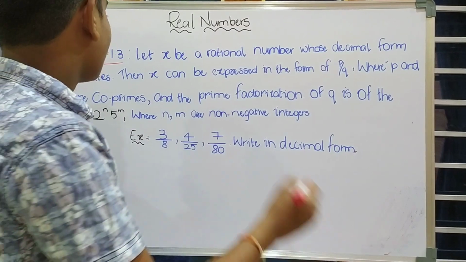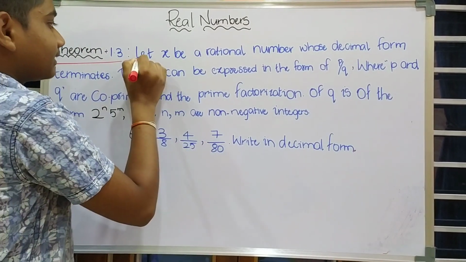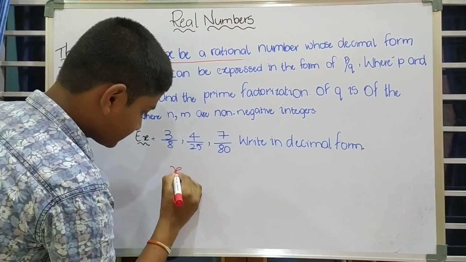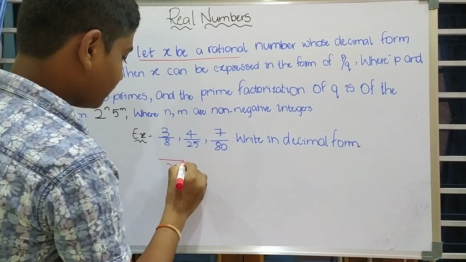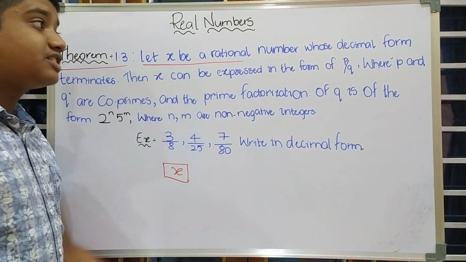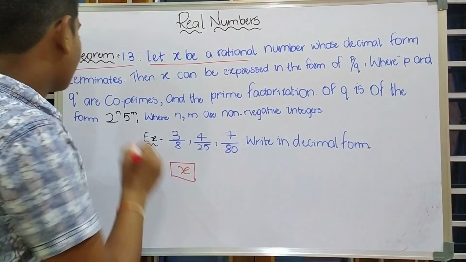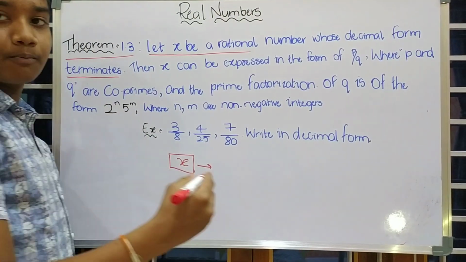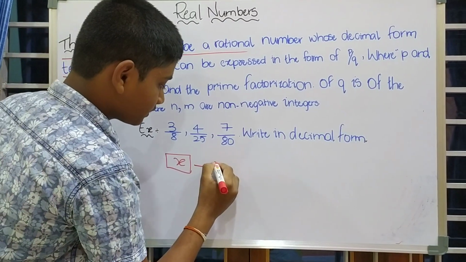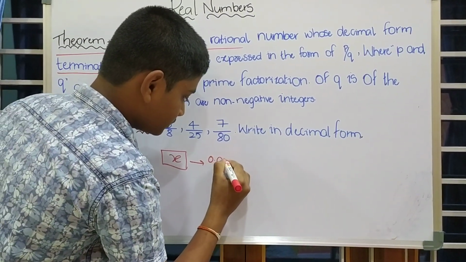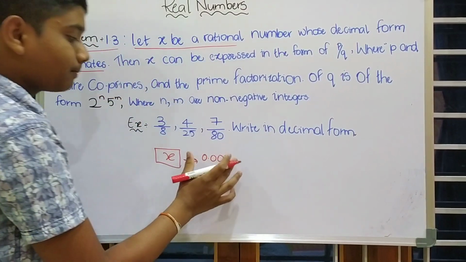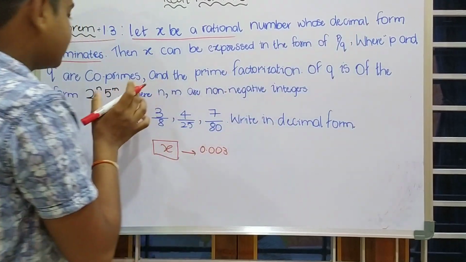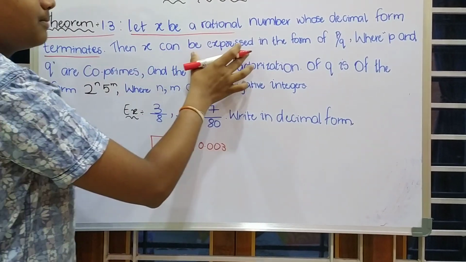Okay, let's see what theorem 1.3 says. Here, given, let x be a rational number. Let us take x as an unknown number, a rational number whose decimal form terminates. Terminates means that after some point it will stop. So suppose 0.003, like this, after some point it will terminate. It is given that the decimal form of x terminates, then x can be expressed in the form